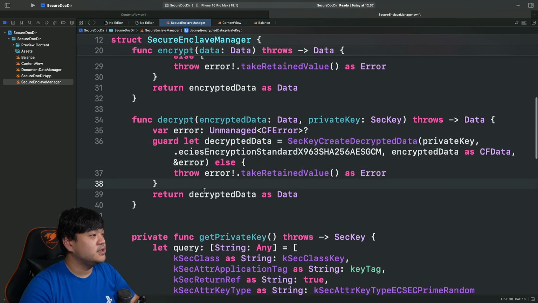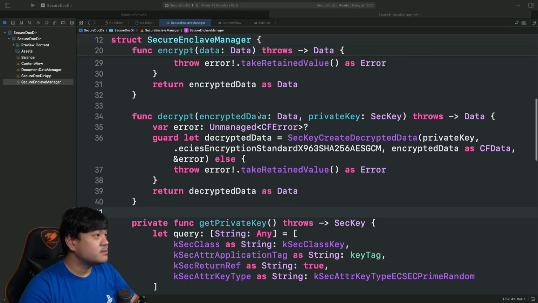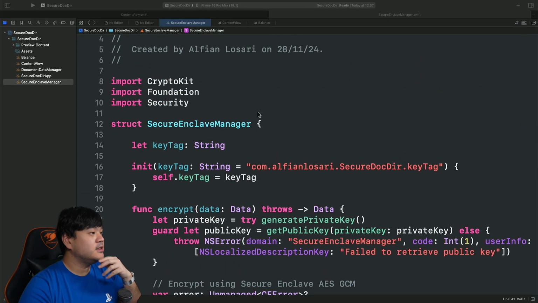Okay, if it is succeeded, we just return the decrypted data by bridging it as a standard Swift data. Okay, so this is basically the secure enclave manager that will help us to encrypt and decrypt the data.